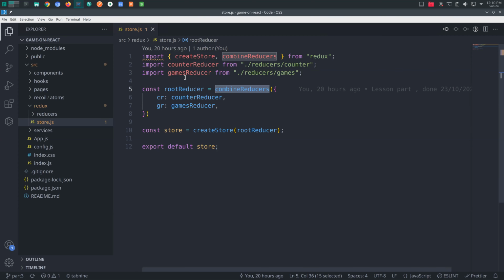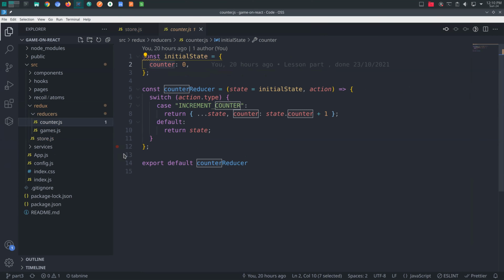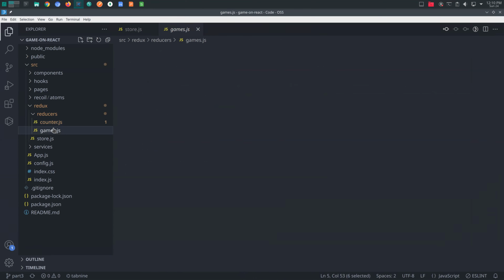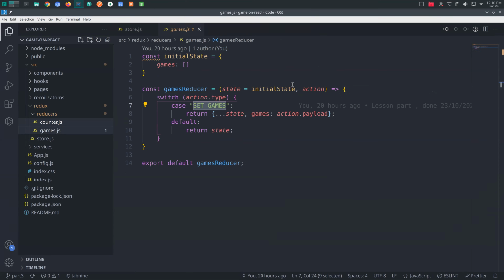So we created 2 reducers to use with our store. We created a counter and the games reducer. So we created a basic counter with an initial state, and we saw that a reducer is basically always a function that takes the old state, an action, and returns a new state. So we did that for both a counter and an array, the array of games that we used in our list. We saw that in order to use Redux and access the store from all components,